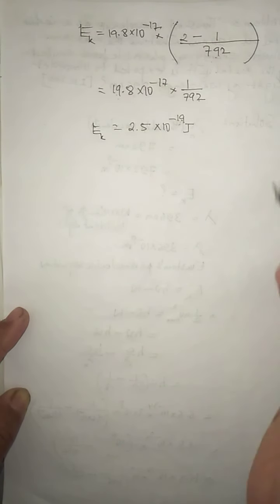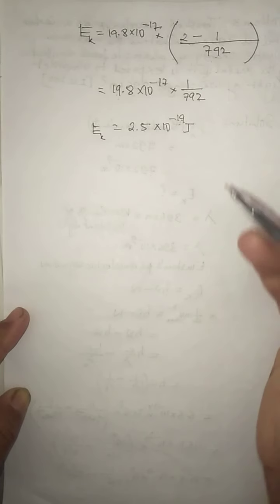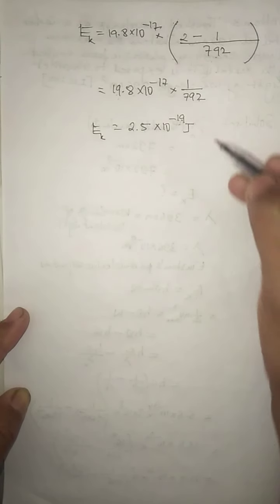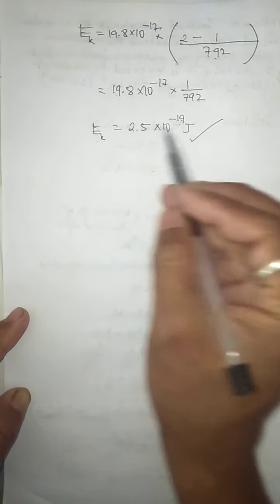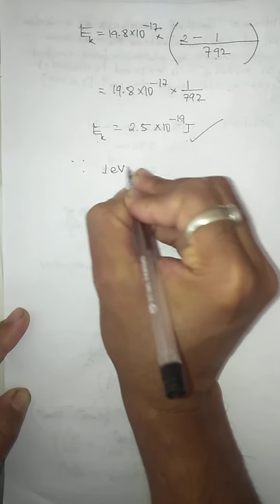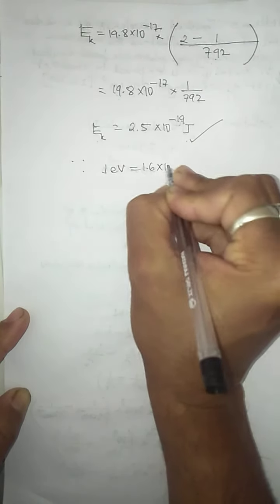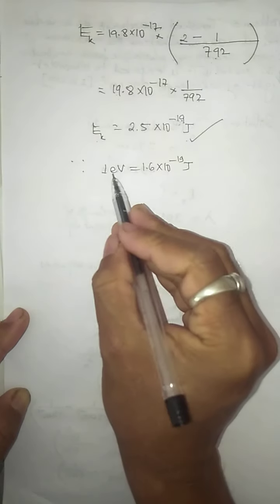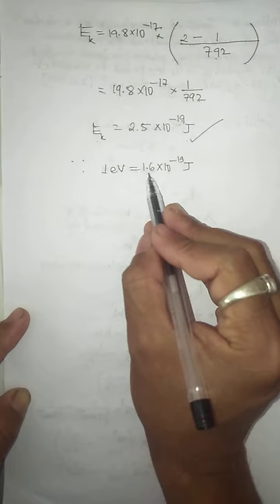But children, the maximum kinetic energy that we calculated, we basically need to calculate in electron volt. So in the question, it is not asked to find in electron volt. You can leave the answer this way also, but basically we calculate maximum kinetic energy in what? Electron volt, because electron volt is also one of the units of energy. Okay, so how to convert this energy from joule to electron volt? So there is a relation, and you know the relation is 1 electron volt equals 1.6 into 10 to the power minus 19 joule. So this is the value which we take in one decimal place.